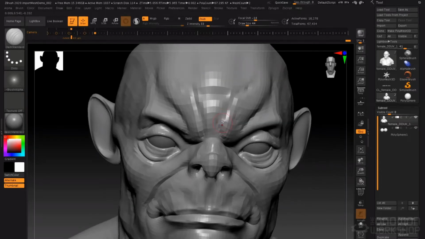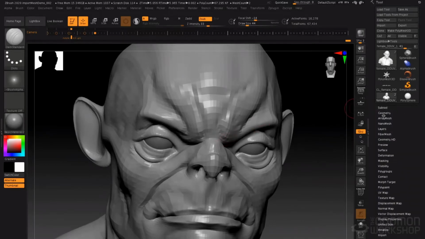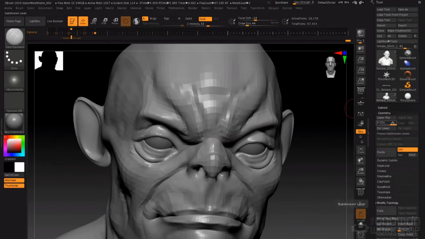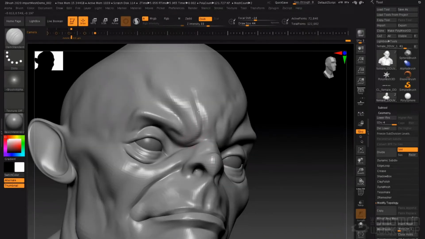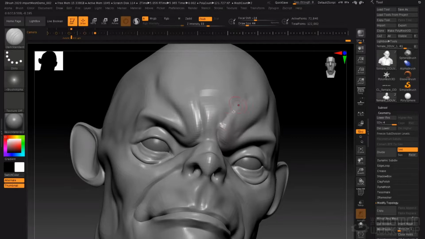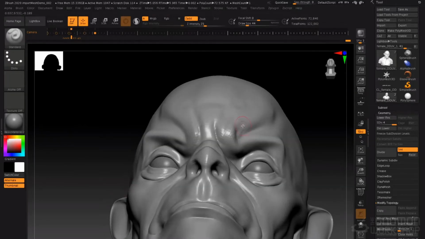Step up another subdivision level. Now, we don't have another subdivision level at this point. If I go to the geometry menu, you see that we're actually at our top subdivision level. So I'm going to press Control D, and that adds a new subdivision level and gives us more geometry to play with and detail with. So this allows us to go in here and start to create a bit more